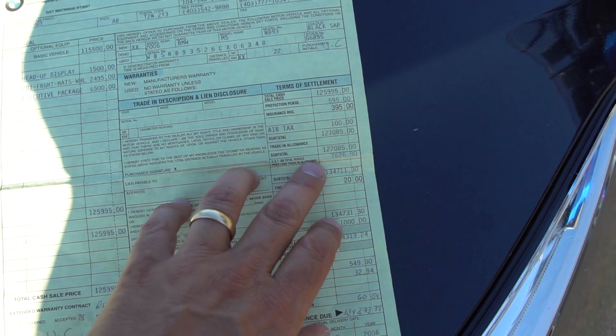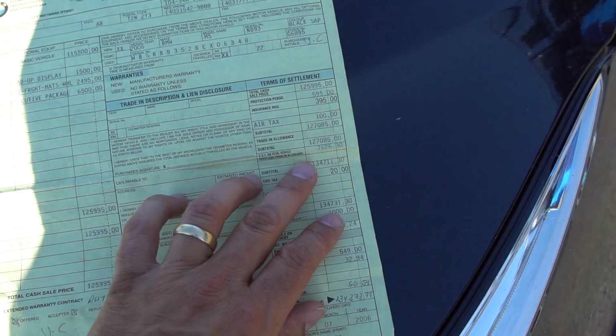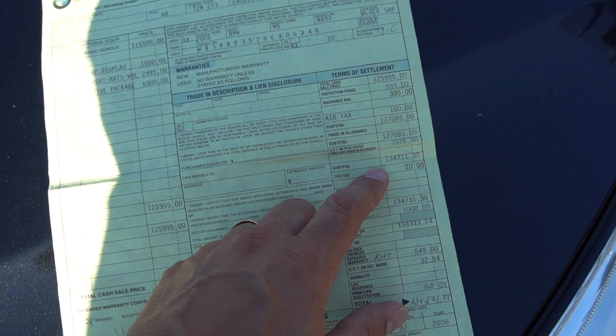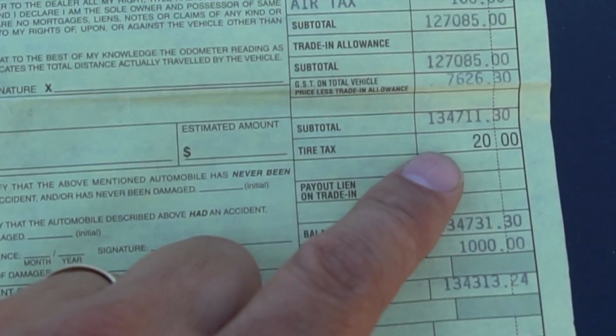And you add our Canadian GST, goods and services tax. Thank you very much, Mr. Mulrooney. That's $7,000 plus, which takes you up to a grand total of